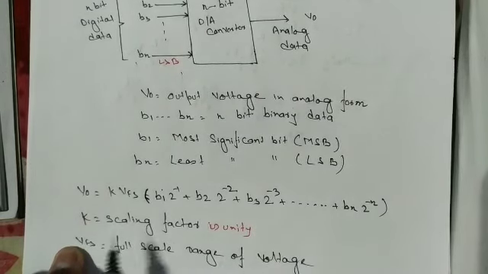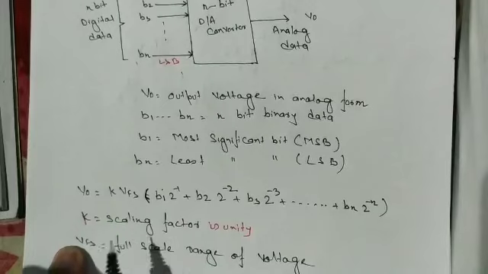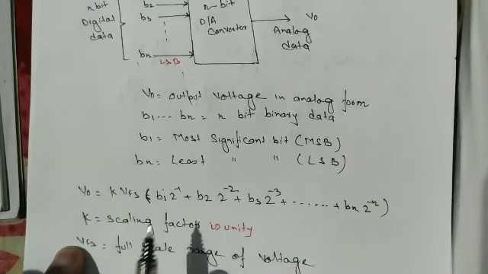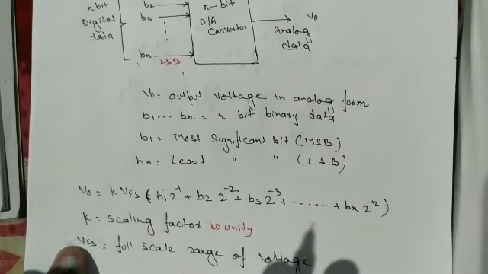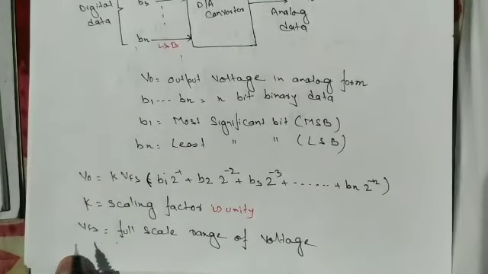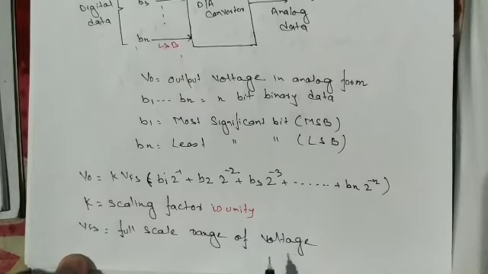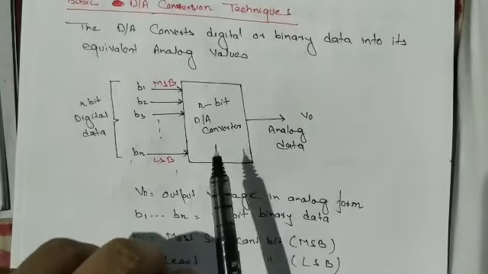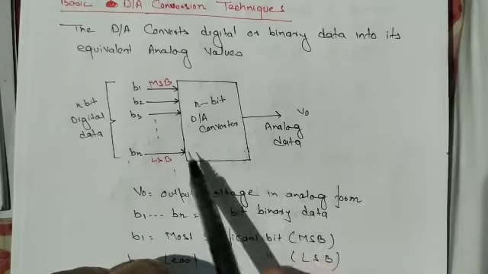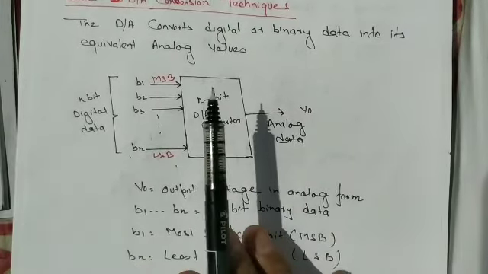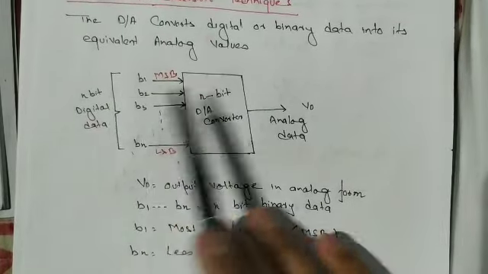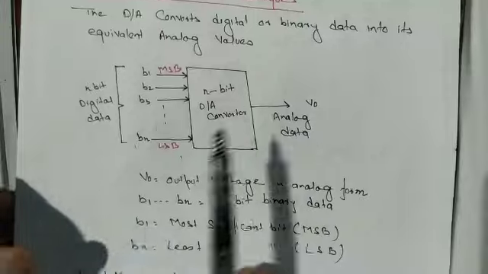Basically the value of K is unity. In most cases the value of K is 1. In some cases the value of K can be greater than 1. It depends upon the circuit and what output we want to get. Here VFS is called the full scale voltage. What is the full scale voltage? The full scale voltage is the maximum input voltage to this circuit. If we are giving the input as VR, then VR is the full scale voltage. That will be seen in the next circuit.